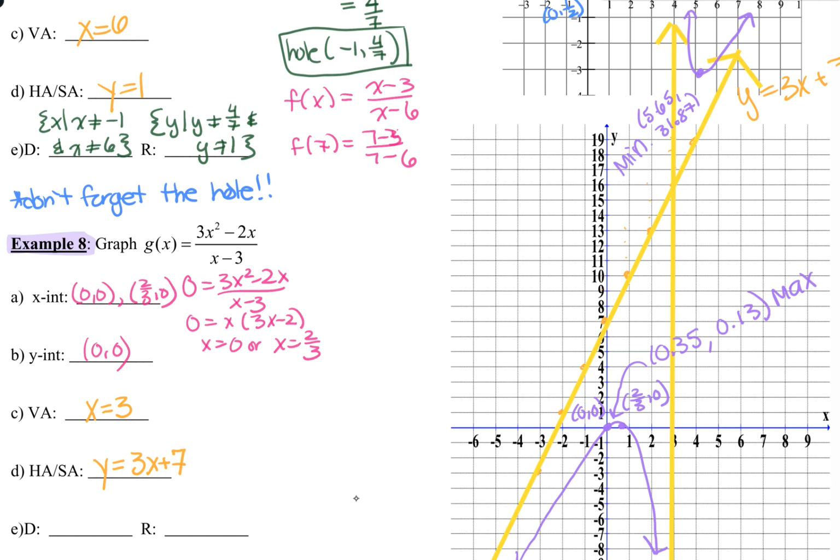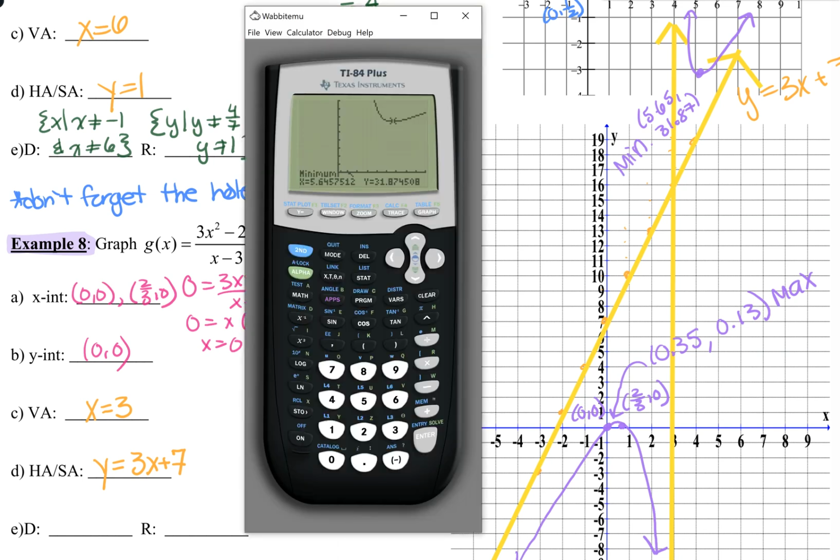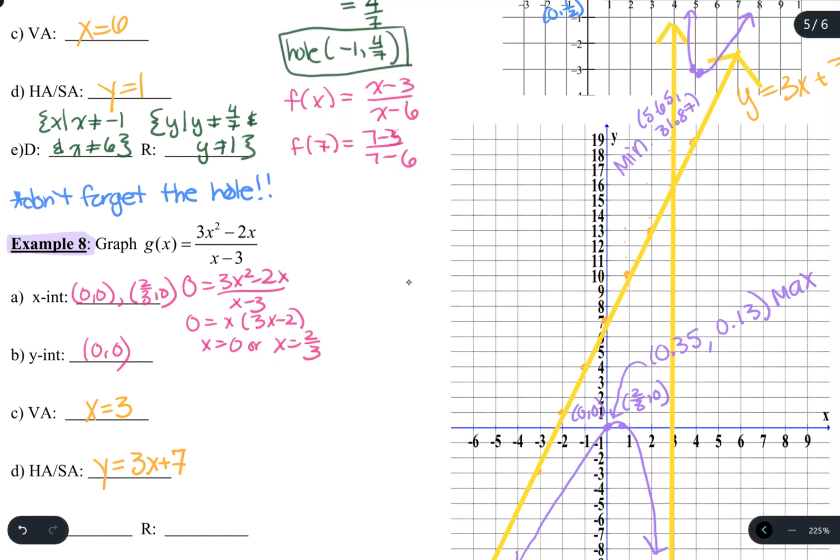All right. And then last, I want a couple more points. Easy way to get a few more points on here is go to second and then table, since we have our calculator for this one. And so I can see I have the point 4, 40, so I can label 4, 40. I also have 6, 32, so I could label 6, 32. So this point here, 4, 40, and then 6, 32. There's my 6, 32. It's not really drawn that well, but it's off the graph, so it's kind of hard for me to do that. All right, so now I have it graphed, everything's plotted, unless I need to just find the domain,